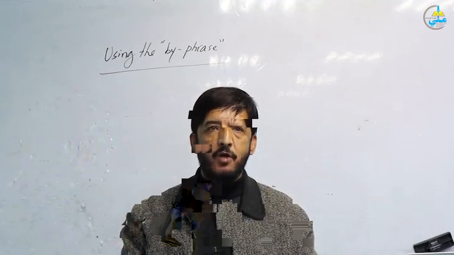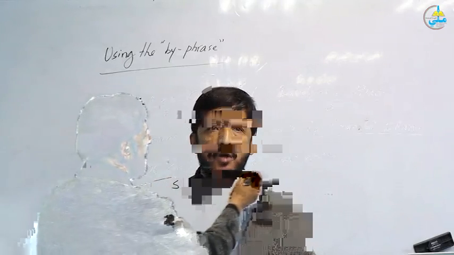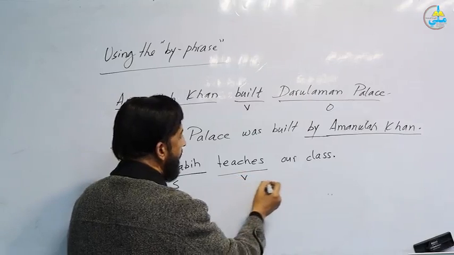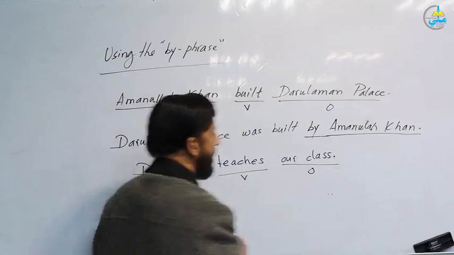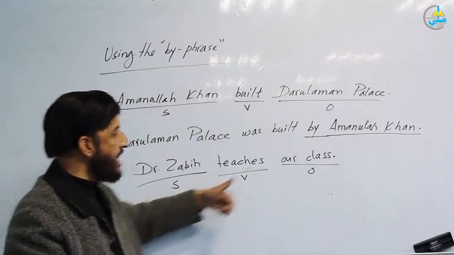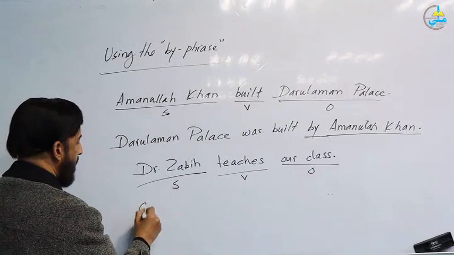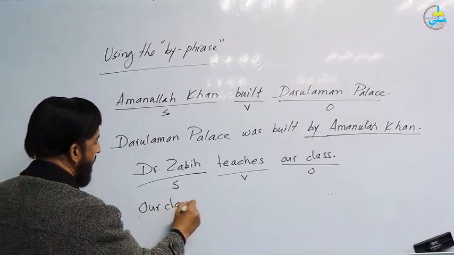For example, say, Dr. Zabi teaches our class. Dr. Zabi teaches our class. Dr. Zabi is subject. This is an active sentence. Teaches is the verb. Our class is object. So since this sentence has object, we change it to passive. How? Our class